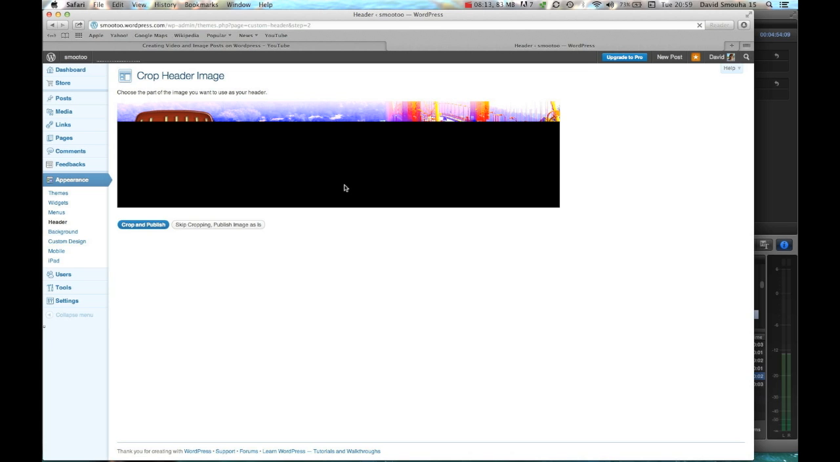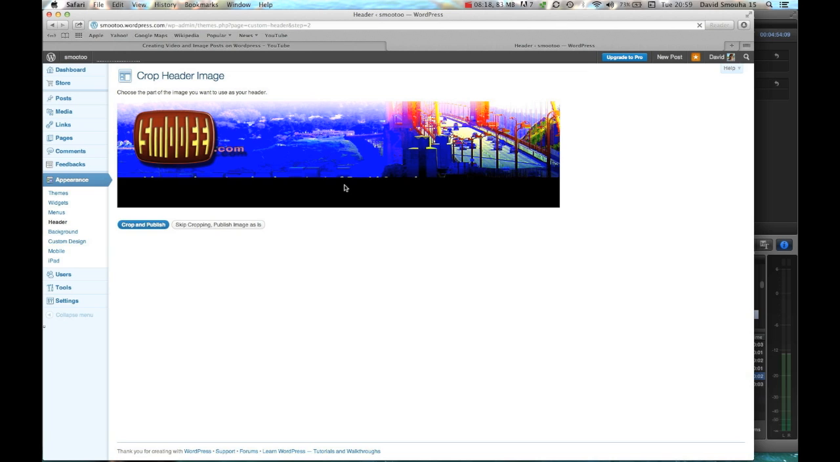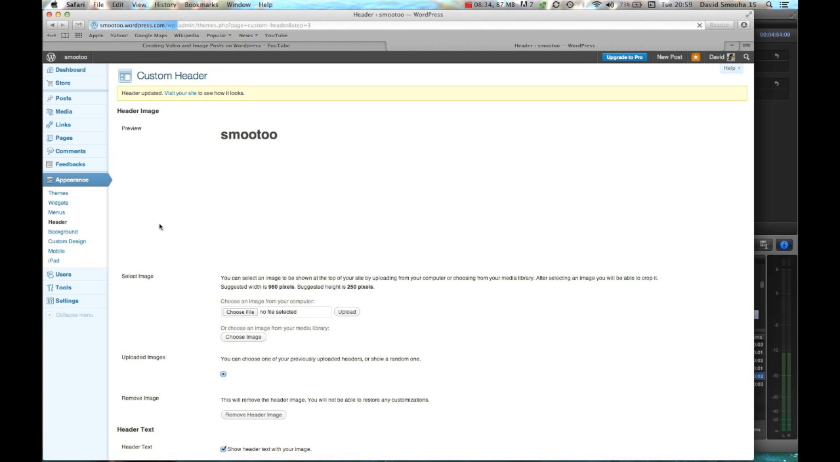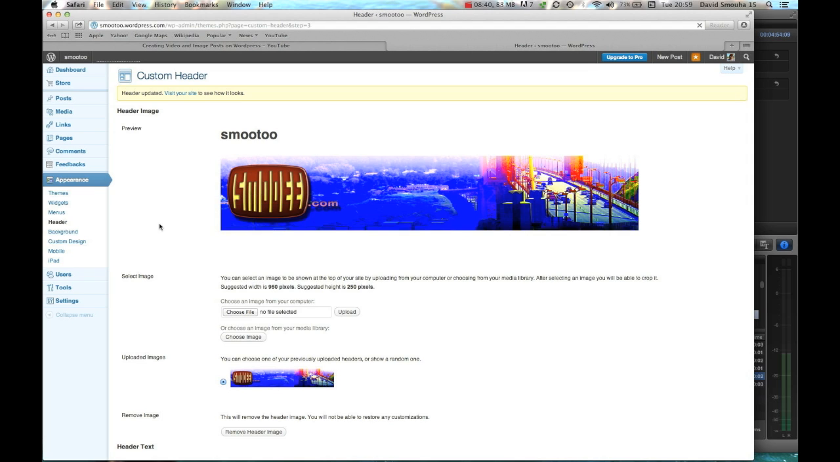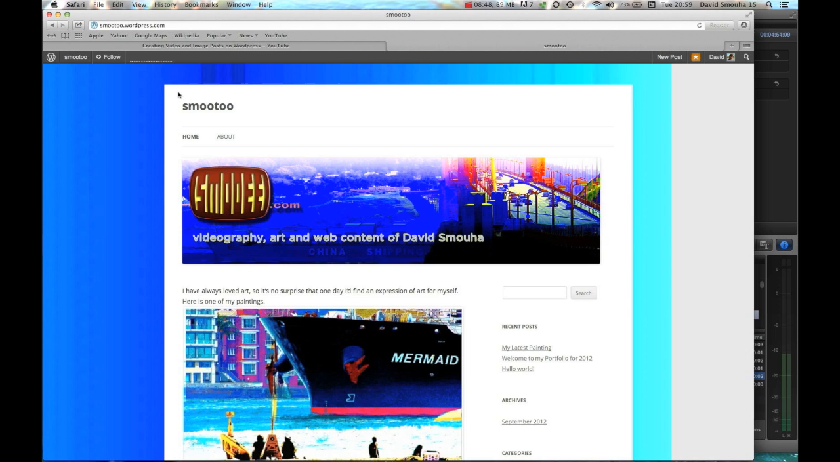Then it comes up with the option for you to crop your header image. So that must be the size there that it would go to. So I'm just going to go like crop and publish. All right, now we're going to go and visit the site and see how it looks. Okay, now it's still got SMouha at the top. I didn't really want SMouha at the top, but